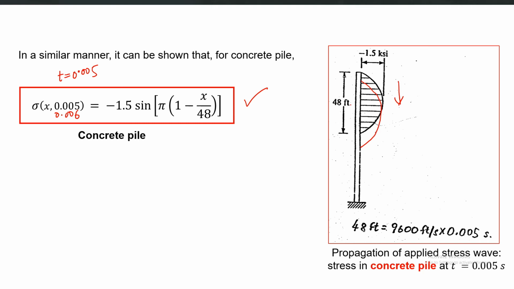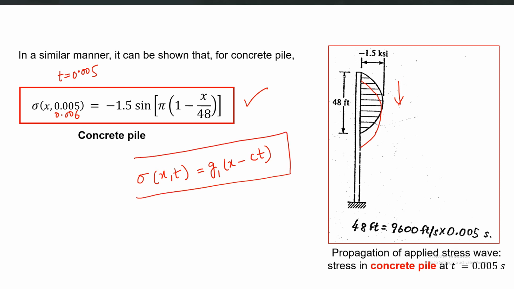So we have actually calculated the stress sigma of x comma t, which had the form g1 of x minus ct, the incident wave, basically the forward propagation of the wave. We have calculated the expression for that for a given applied loading, and we now know that if the applied loading was a sinusoidal sine function, the g1 function was also sinusoidal. The produced stress was also a sinusoidal shape, but that shape was traveling from top to bottom.